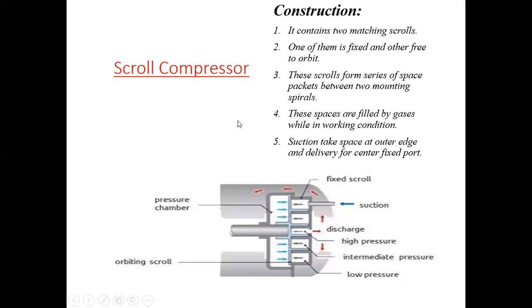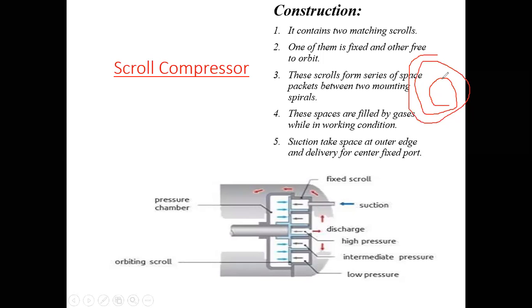So the basic construction of a scroll type compressor is generally odd. It generally consists of two spirals. All of you know that we eat jalebi. The spiral in a jalebi is somewhat the same shape. I know all of you like jalebi, so the shape is somewhat like this. Such a spiral is provided in the case of a scroll compressor, and this is called a scroll. So two scrolls are provided. One is fixed, so this is fixed.